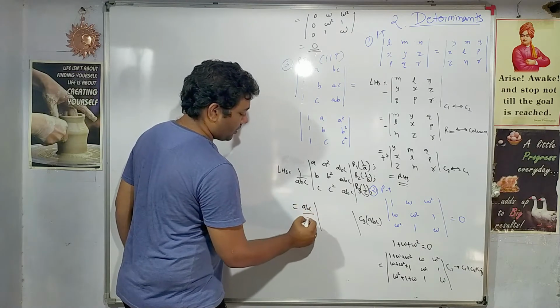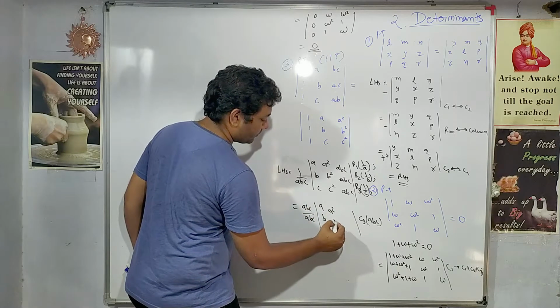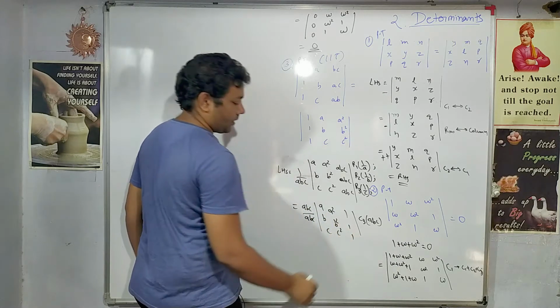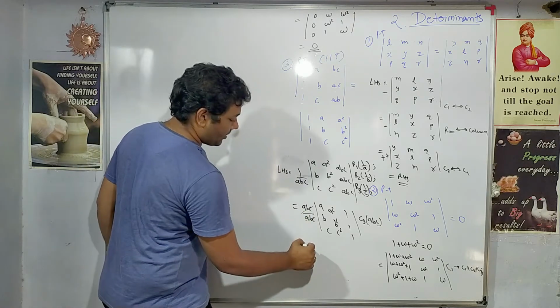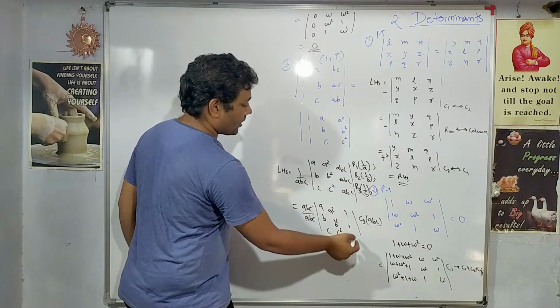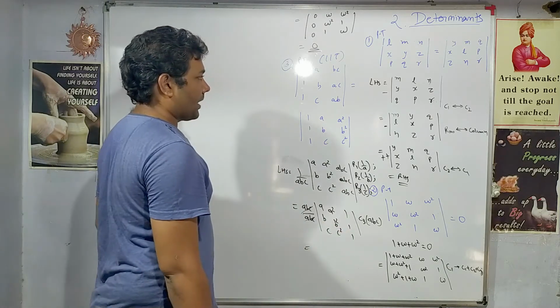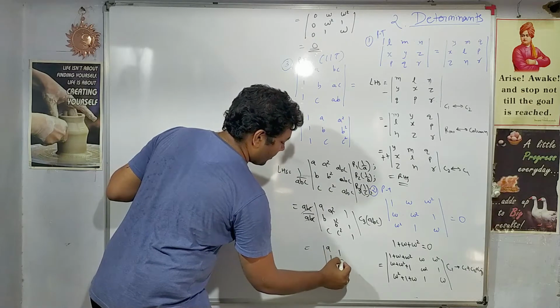So from the third column, if I take out a, b, c common, this will give me 1 1 1, correct? So this gets cancelled. Now as per the requirement, I'll have to just interchange the first and the second column, right? So if I interchange first and the second column,